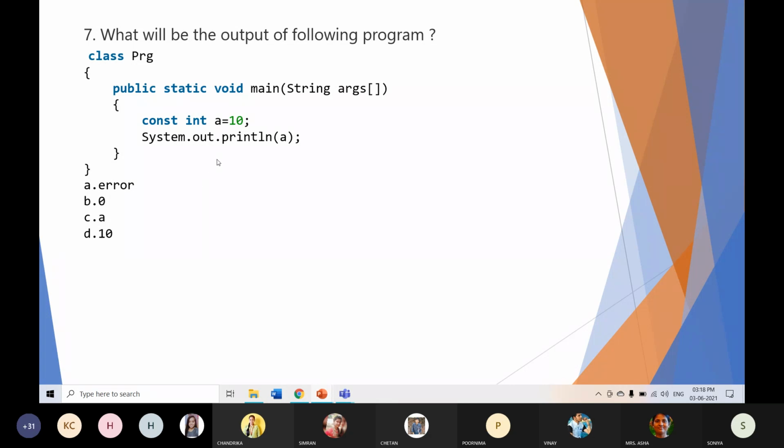Can anyone guess this output? Any other answers? Any other answers?